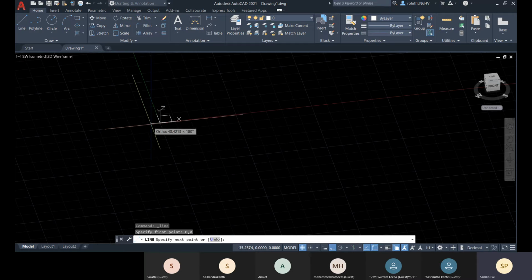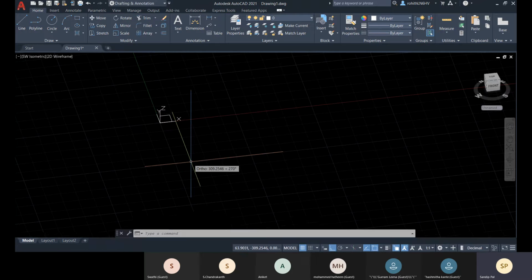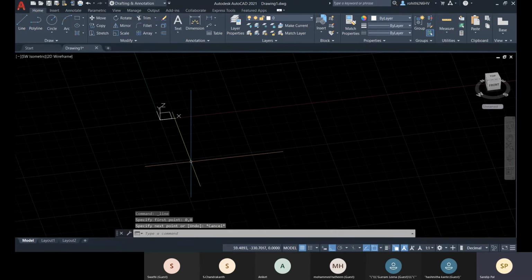Now you see that it has taken the UCS 0 comma 0, or UCS origin. So enter is the command for line, and now what I have to do is press star as a prefix, then put your coordinate value, that is 0 comma 0. So the value will be star 0 comma 0 if you want to get the result as per your WCS.